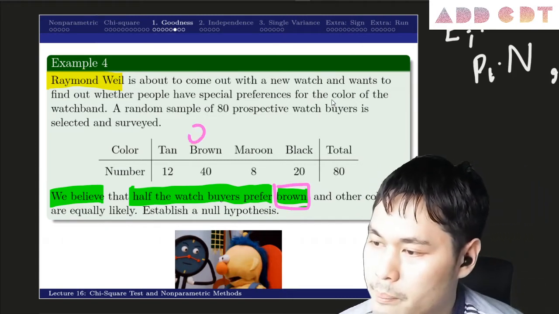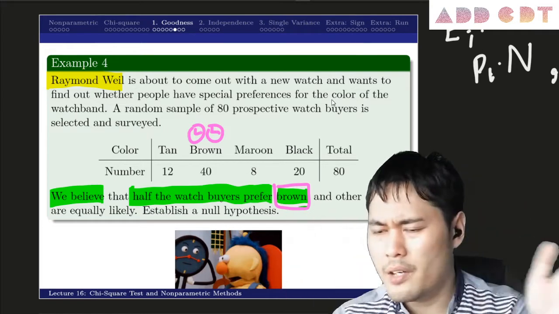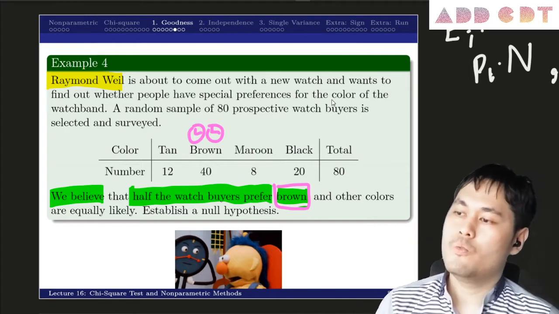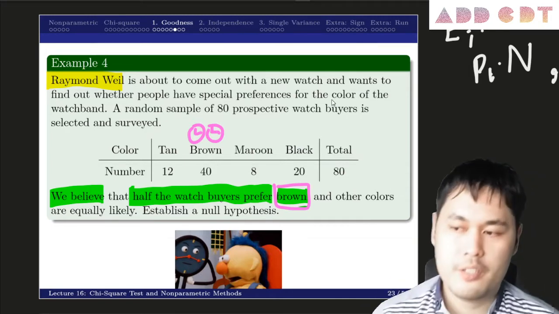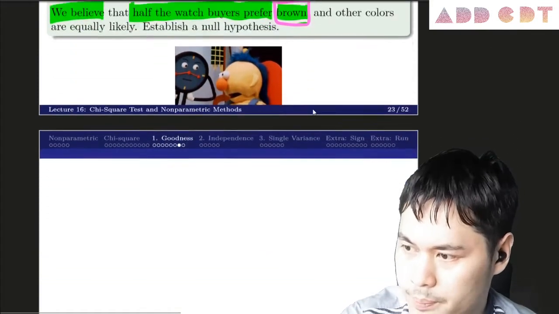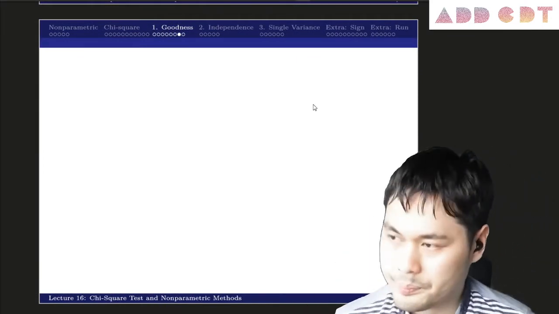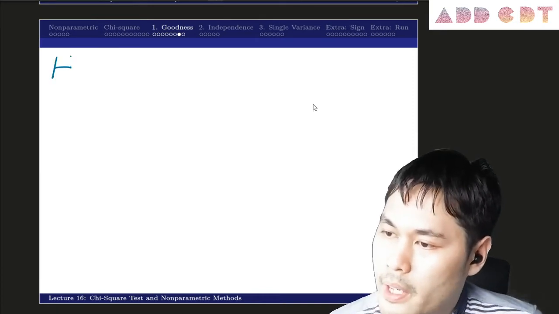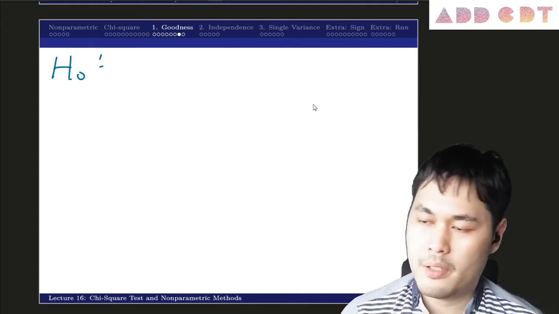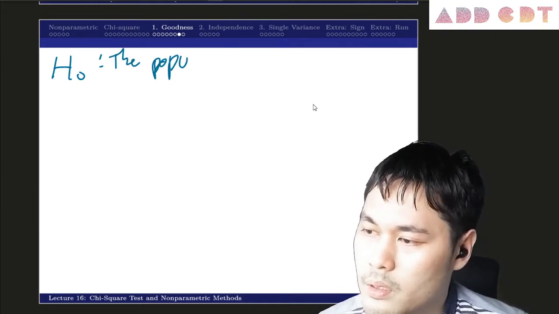We believe more people should buy brown watches, okay. And then we believe that the rest, the other 3, are equally likely. Then how would we make a decision whether what we believe is likely or not? Right. So again, we have to conduct hypothesis testing. So at first, again, we have to state precisely what our hypothesis is. In this case, since this is a multinomial distribution, we can say the population